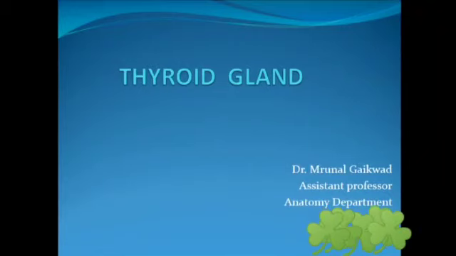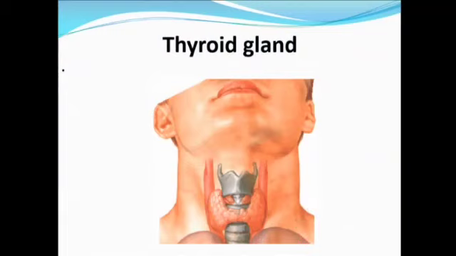Today's lecture topic is thyroid gland, very important from an exam point of view. In the region of the neck, the thyroid and trachea are routinely examined by clinicians to diagnose disorders, for example, goiter and tracheal tug. Surgical procedures are commonly performed on these structures, for example, thyroidectomy, tracheostomy, etc. Therefore, detailed knowledge of the anatomy and relations of these structures is extremely important.